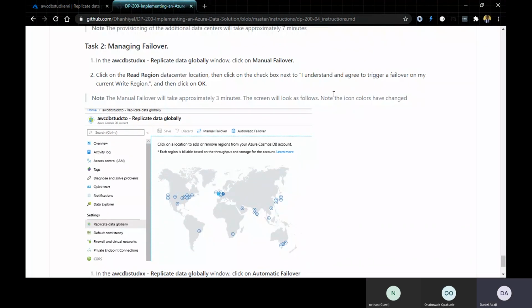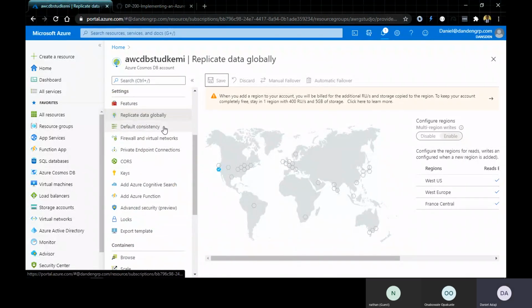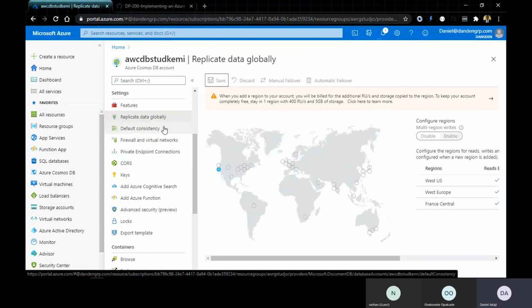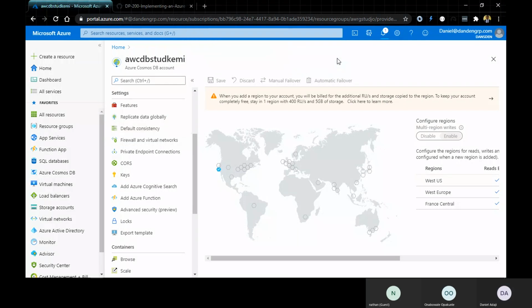So automatic failover now is about a backup solution in case requests are coming. How should that be handled? For instance, let's say you have a web app that is accessing